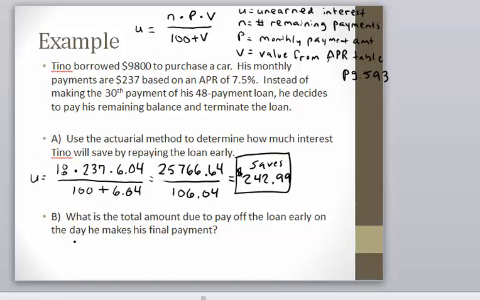In order to do that, I'm going to take 18 and multiply by 237. He has 18 payments left, excluding the current one. Each of those payments is $237. So he owes $4,266